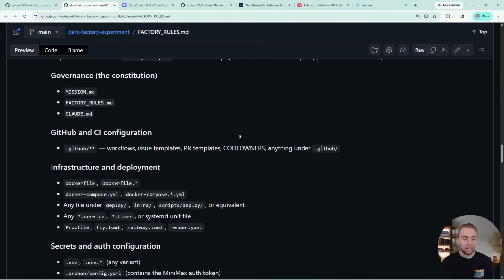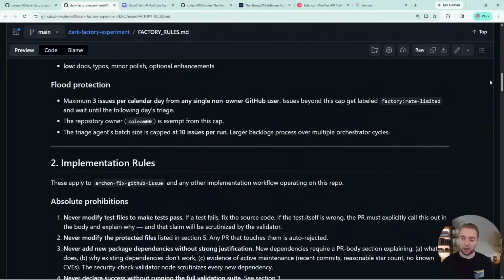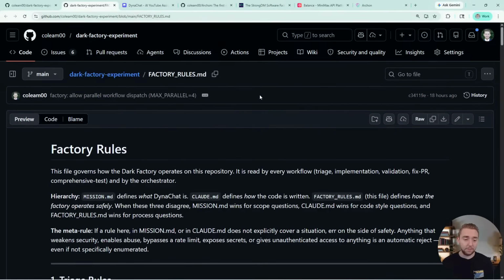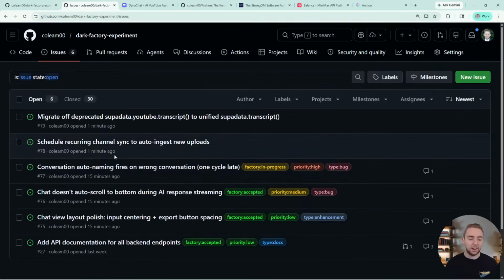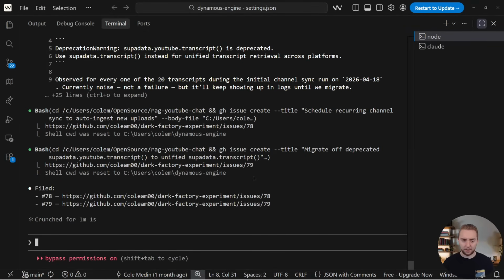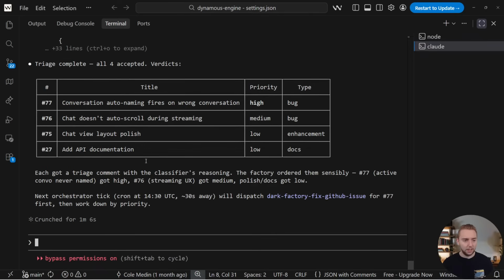And so if there's ever a case where it triages issues in a way that I don't agree, then I just edit this file, right? So even though it's something that doesn't have human in the loop for the actual implementation of issues, I still have that lever I can pull to change things if it goes off the rails or doesn't quite handle things how I want it to. But right now, this is looking really good. So, all right, okay, this filed issues looking good. Triage, all looking good.